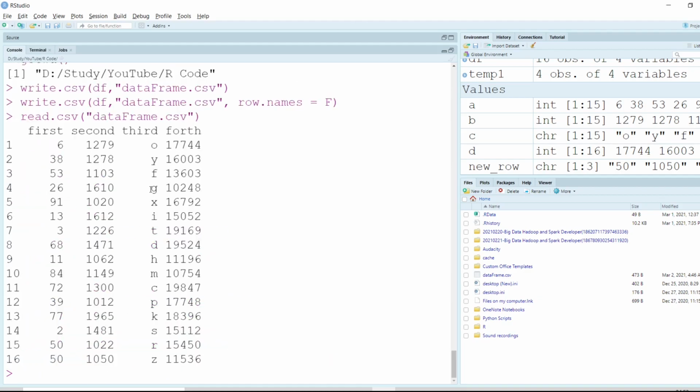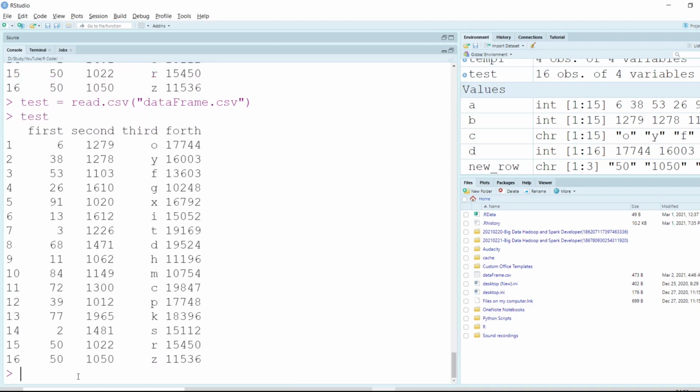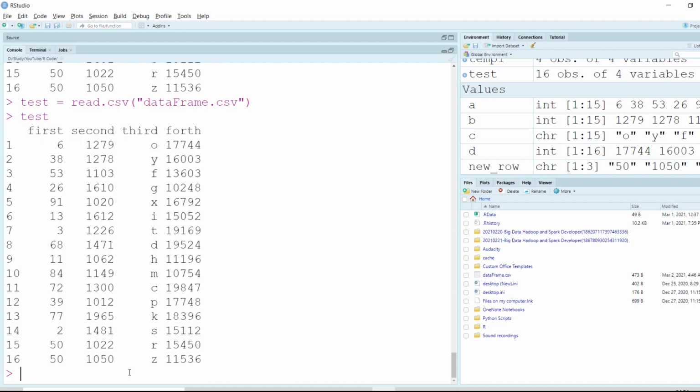But we have to be sure that we are in the same directory as the file that we have saved. And I can as well assign the read function back to a variable. So if I just say test equal to read.csv, and then if I print test here, it would display the same set of data. All right, now let's check one more thing.